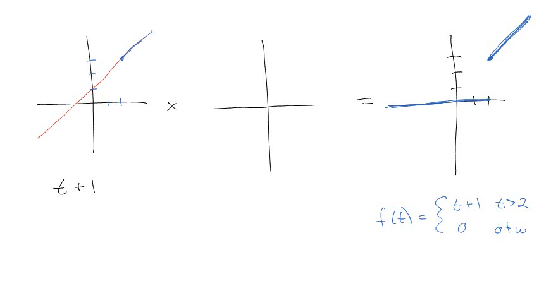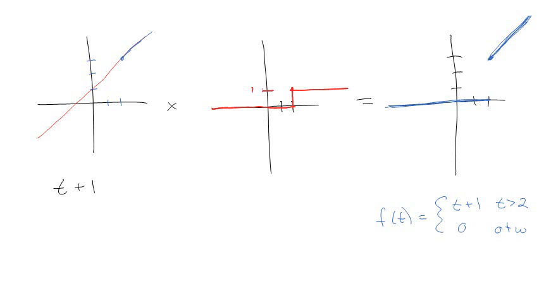That's the part of the function that we want. Okay? So if we multiply it by a regular unit step, however, as we've seen, it's going to start showing up here. So really what we need to do is shift our unit step over a little bit. So if we shift our unit step over by 2,